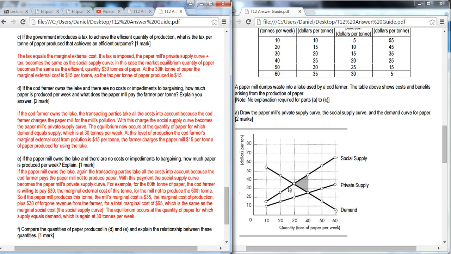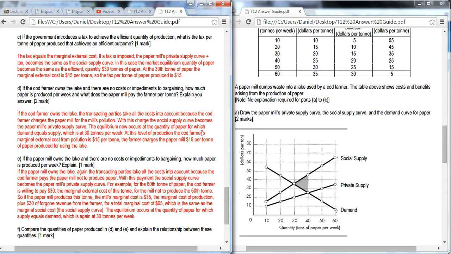They're only going to pay to the point at which the cost to the fishermen is equal to the profit that the paper mill would make, and no more. They're not going to pay to reduce the quantity by any more than that, right? They're not going to pay any more. So